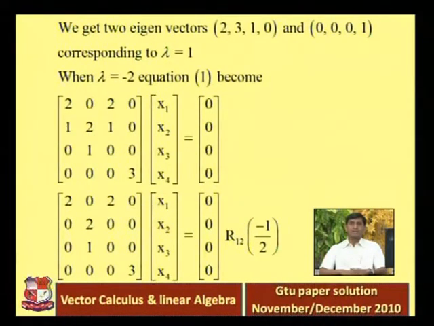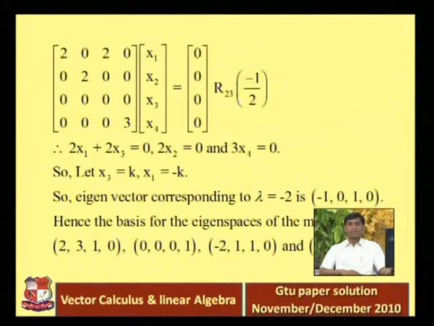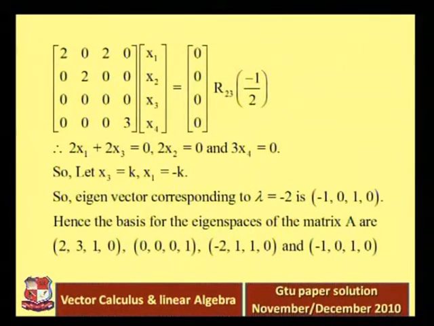So first row is as it is, 2 0 2 0, okay, 0 2 0 0. The third row and fourth row are as it is, 0 1 0 0 and the fourth row is 0 0 0 3. Now the next process is we multiply the second row with minus 1 by 2 and add into the third row. So first and second row are as it is, third row becomes 0 0 0 0 and the fourth row becomes 0 0 0 3, and next process is just you have to interchange third and fourth row.